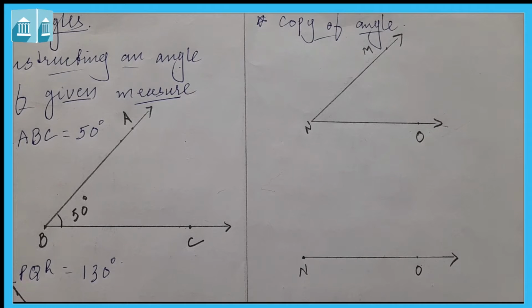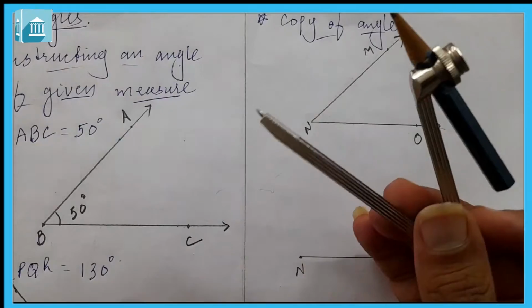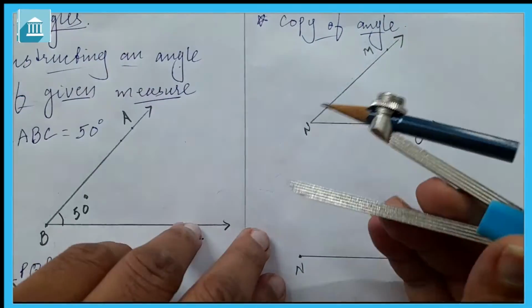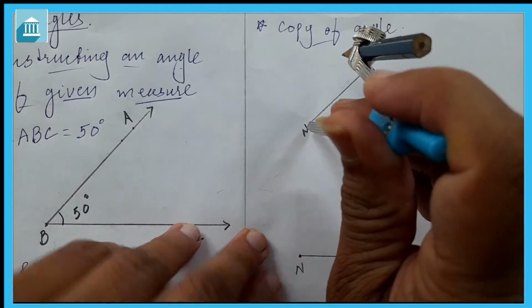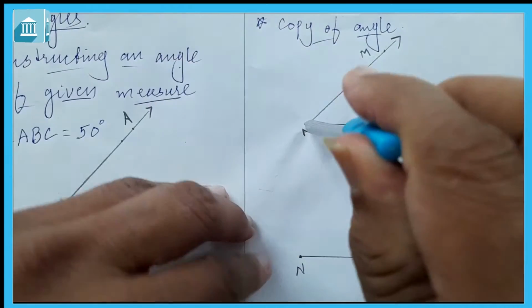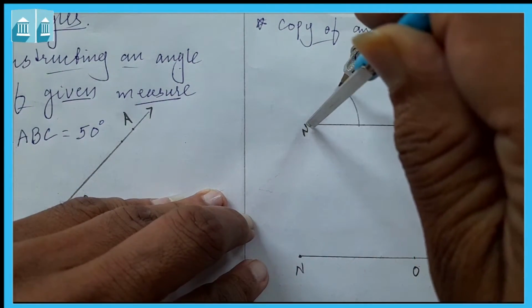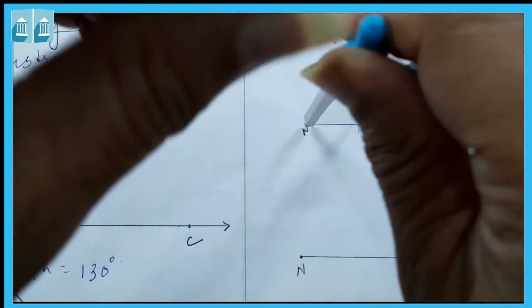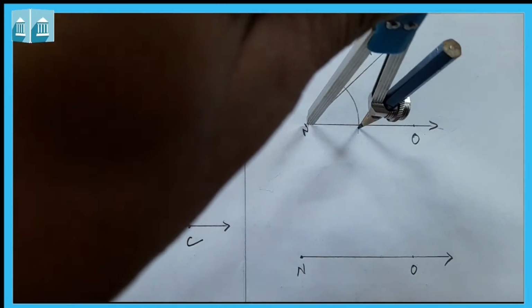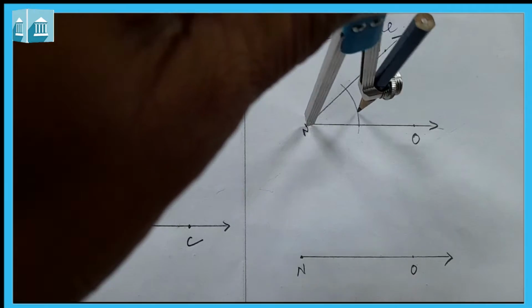तो अगर प्रोटेक्टर यूज नहीं करना है तो दूसरा कौन सा ऑप्शन रहेगा हमारे पास? If we don't want to use protractor, then we have to use a compass, that is rounder. ये वाला कंपास हम यूज करेंगे. First from here, with convenient radius, कोई भी एक रेडियस लेके हम यहाँ पर एक आर्क ड्रॉ करेंगे ऐसे. This is our arc like this.